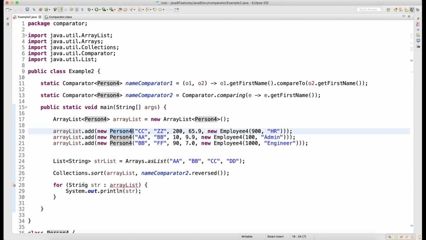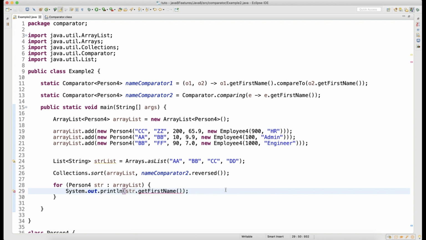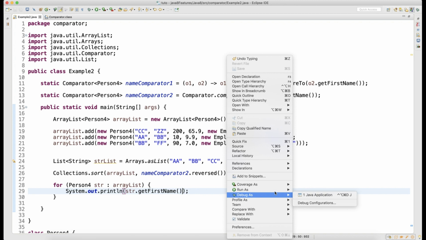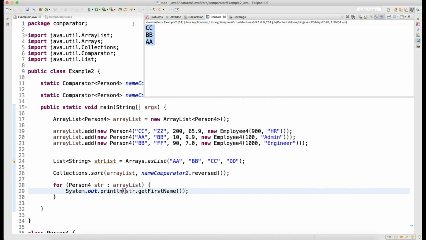Here the type is going to be Person4, so I can do str.getFirstName. You can see that your output will be in reversed order. That's how reverse works. It will be CCBBAA. Earlier, when we used the name comparator, it was in ascending order,